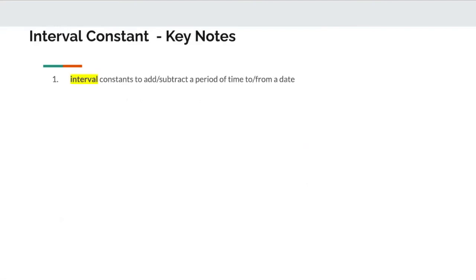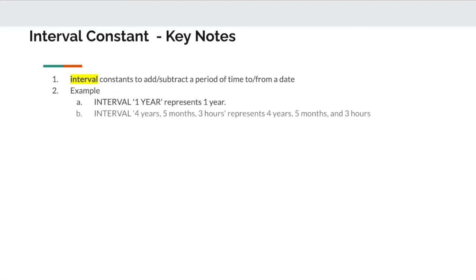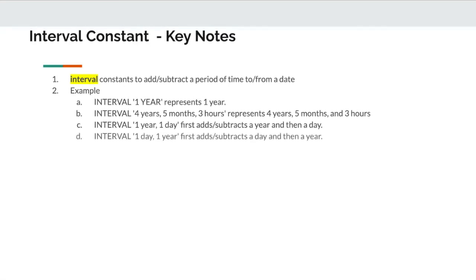So interval constant is used to add and subtract a period of time to and from a date data type. For example, you can add 1 year, you can give an interval of 4 years, 5 months, 3 hours, and an interval of 1 year, 1 day, and you can perform that add and subtract. So you can see the numbers C and D are exactly the same, but there are some differences in the way